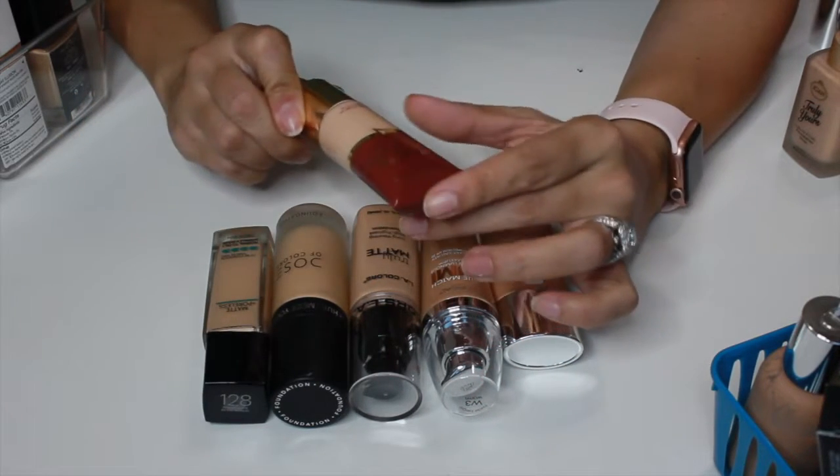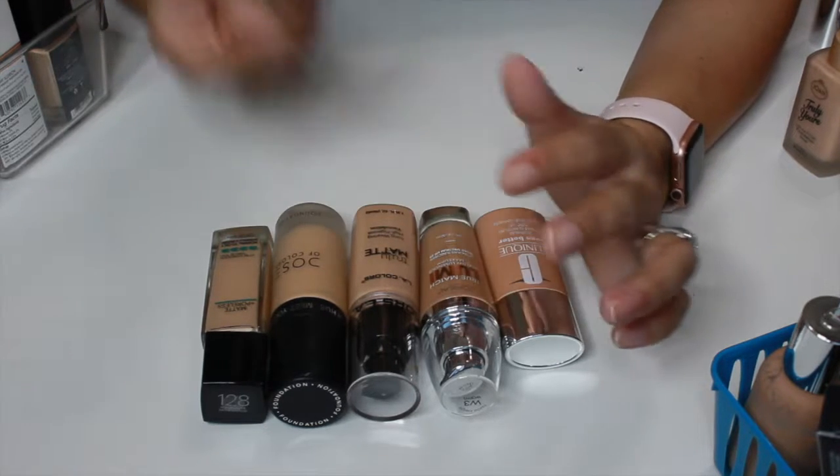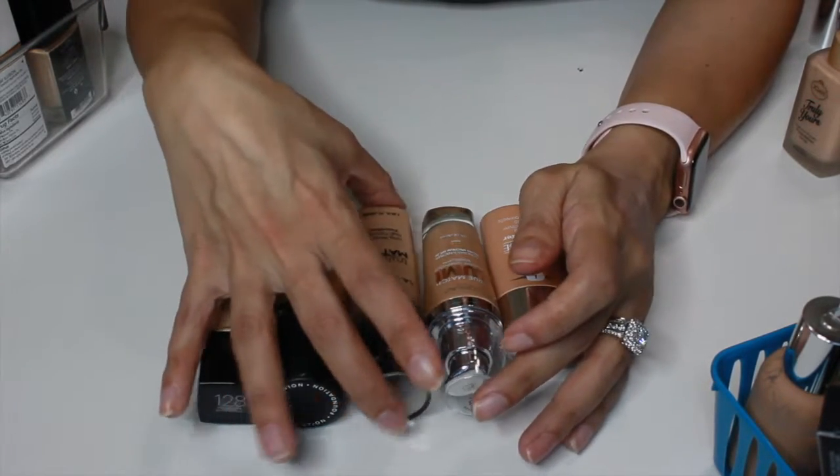The Wander Beauty was really pretty when I did recently use it. I think I've used it only for a week or so. I'm going to go ahead and keep this one. From here, what I think I'm going to go ahead and get rid of would only be the LA Colors